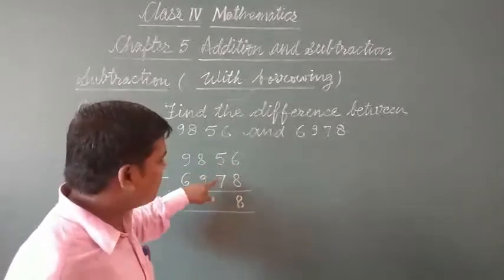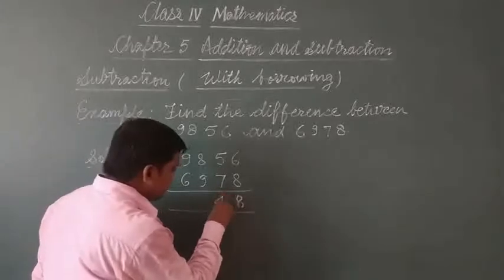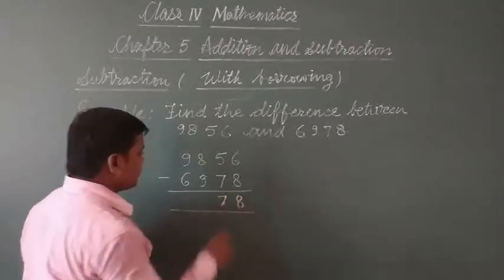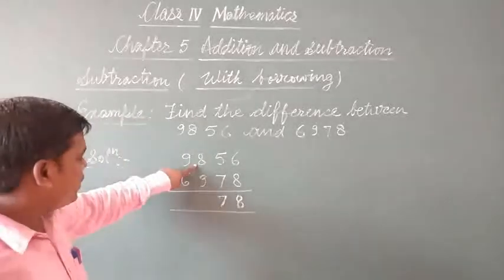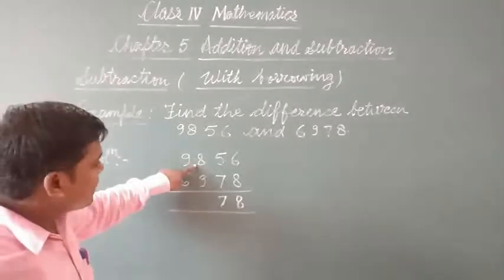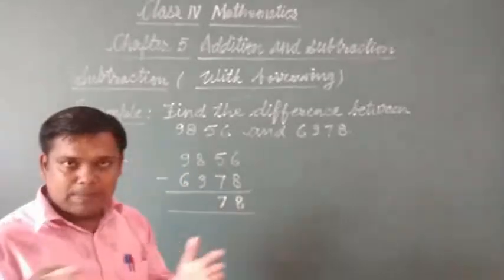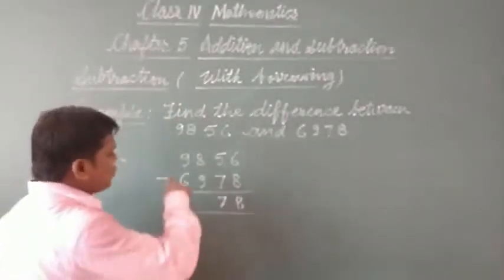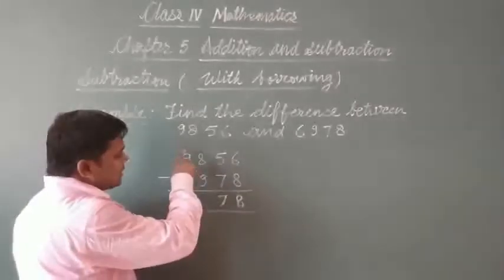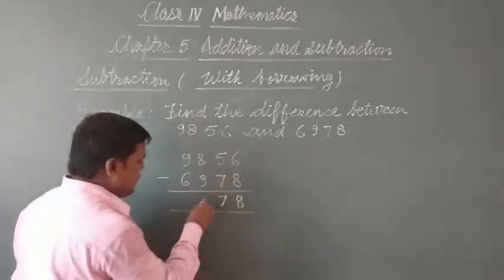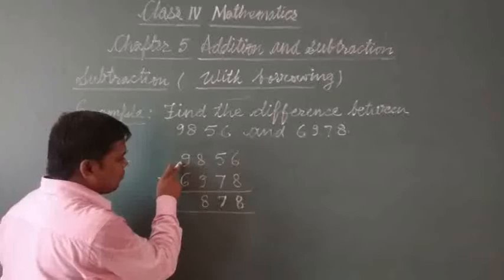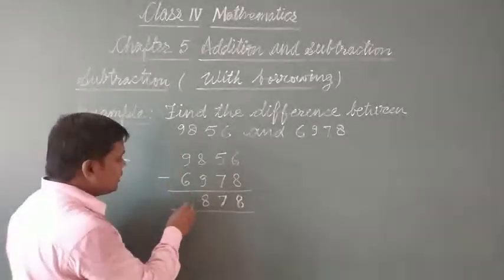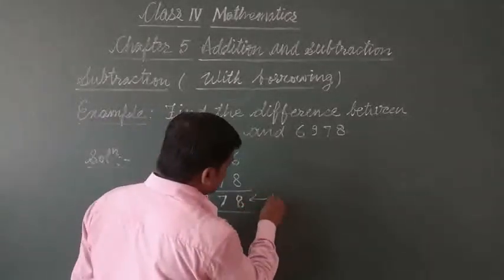And from 14 minus 7 we will have 7 difference. Now here, as we have taken 10 from here, it became 7. Now from 7 we cannot subtract 9, so we take 1 borrow from the digit at thousands place. So it will become 10 plus 7, 17 minus 9, 8, and then 8 is left, and 8 minus 6 is equal to 2. So this will be our difference.